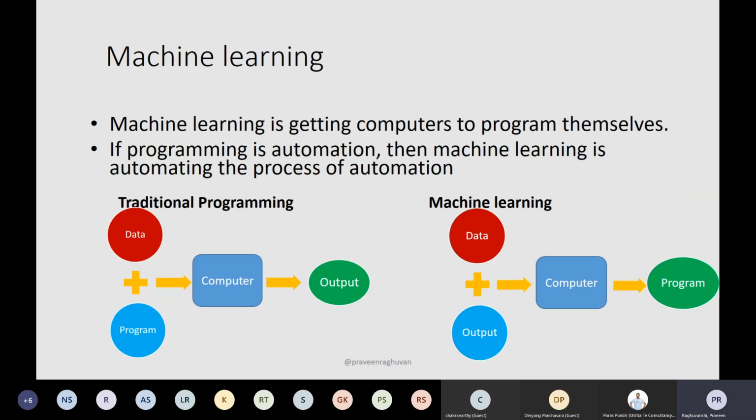So machine learning is getting computers to program themselves. If programming is automation, then machine learning is automating the process of automation. If you look at the left side, we feed in the data and we write a program. It can be a rule-based engine wherein you feed in the data, you write a program, you feed it to the computer and it gives you the output. Whereas in machine learning, you just feed in the data and you know the output, for example, it's a fish or a cat or a dog, and you feed it to the computer, and the computer develops an algorithm